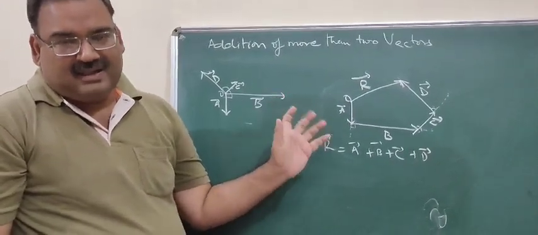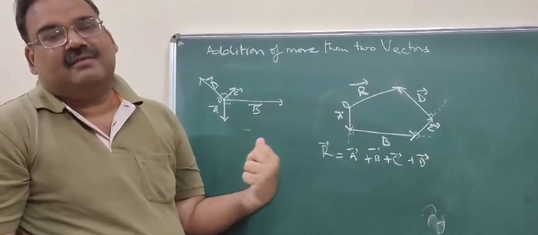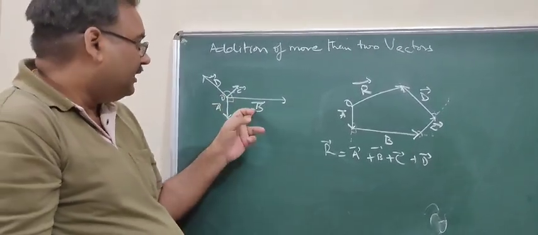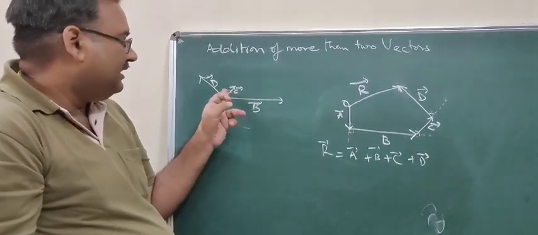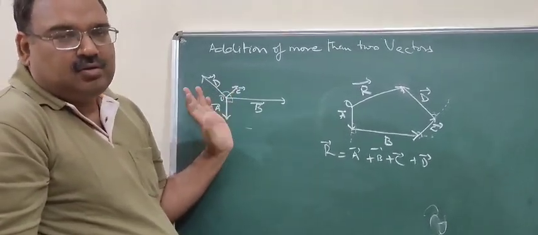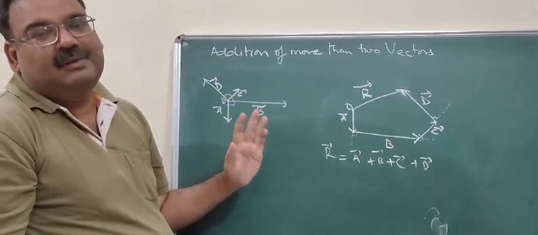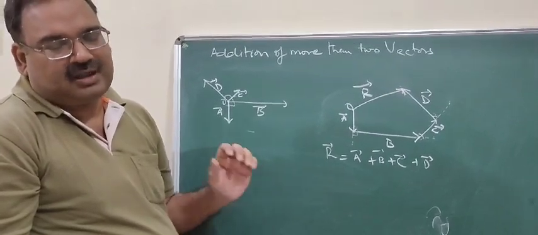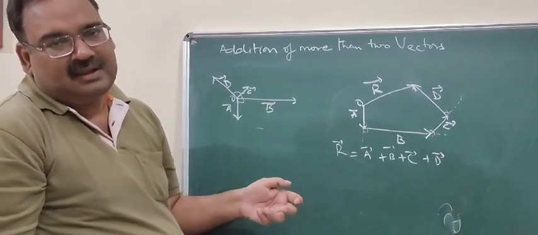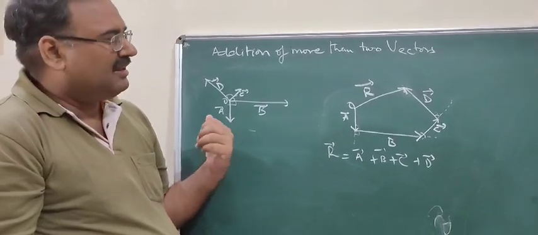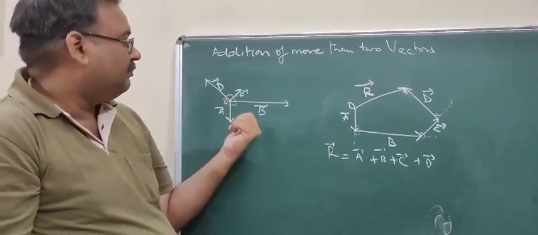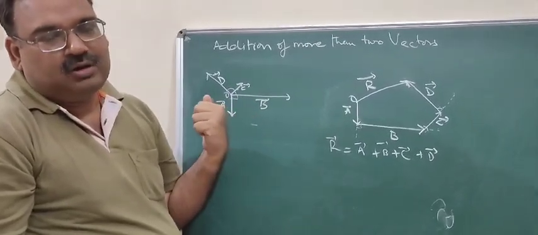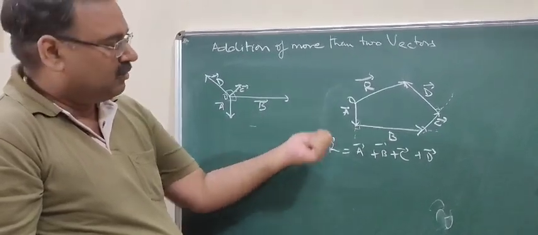Okay, but it's not necessary, as the addition in vector is commutative. We can start from any vector. We can start from B, then add D, then C, then A. No problem. The resultant will be the same in magnitude and same in direction. So whether you start from A and then go to B, then C, then D, and get the resultant, or you start directly from any other vector like B and C, then D, then A, the resultant vector will be equal and in the same direction as we have drawn here.